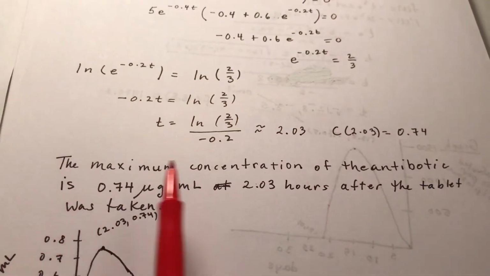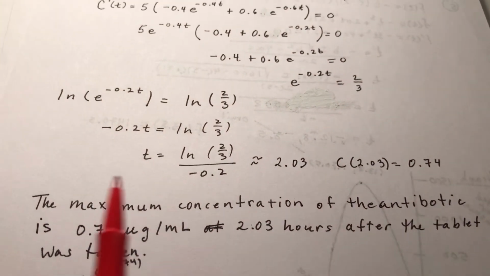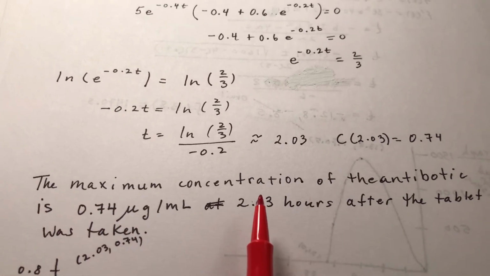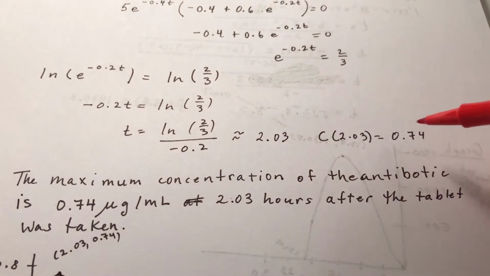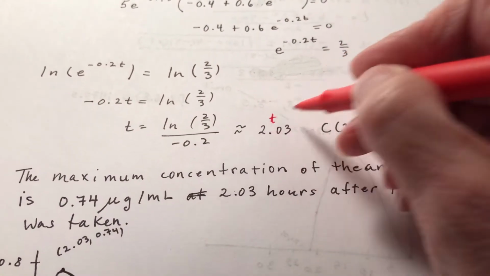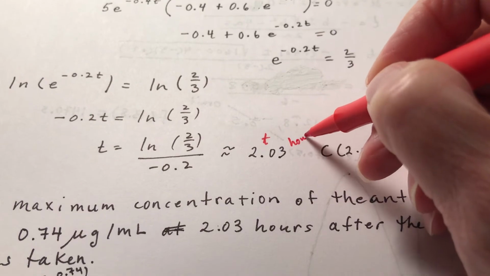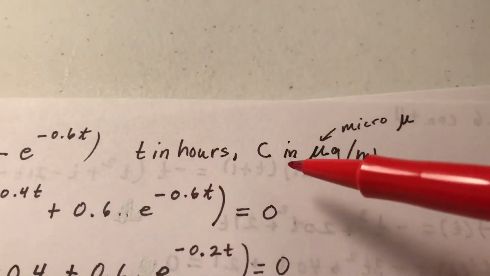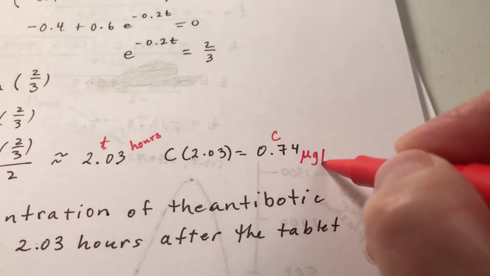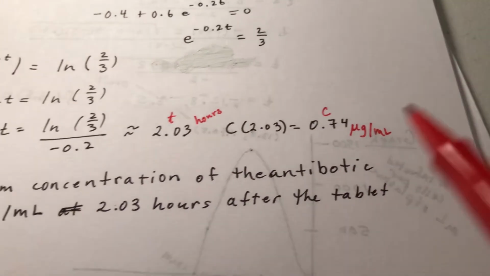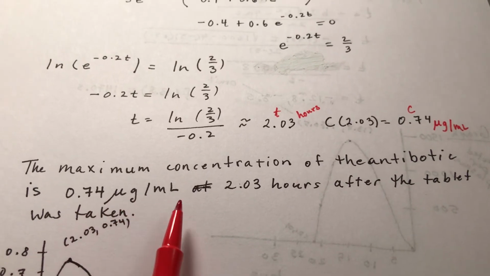And so I say to maximize concentration of the antibiotic, let me read my writing again. The maximum concentration of the antibiotic is the y value. This is your x and this is your y. Really, that's your t here. And this right here is your c, the concentration. And remember, the time is in hours, right? That was way up here. T is in hours, C is in micrograms per milliliter. Okay. So I'm going to write the maximum concentration of the antibiotic is 0.74 micrograms per milliliter